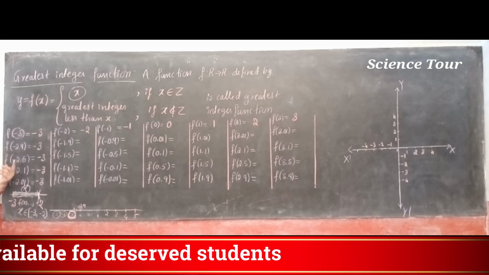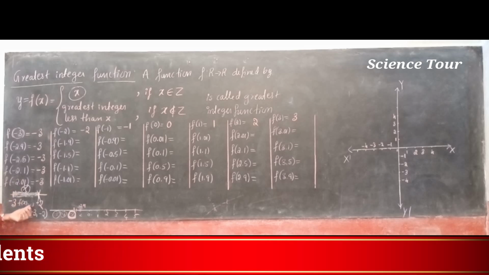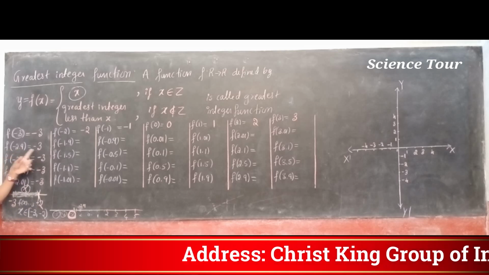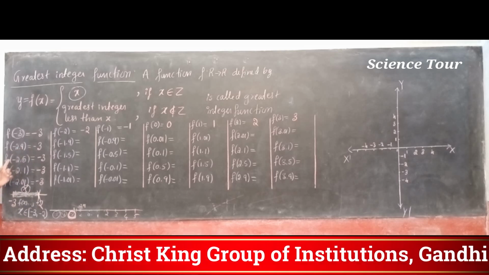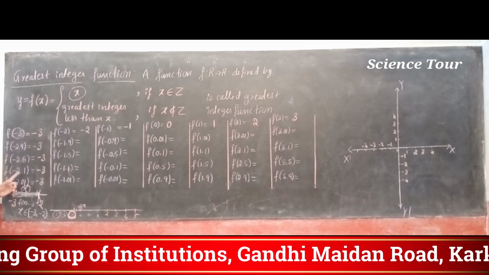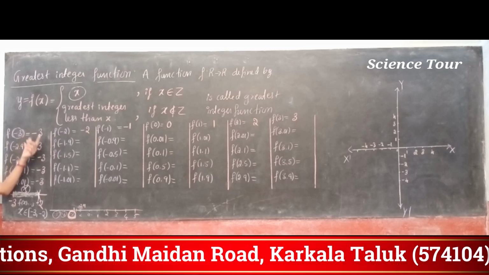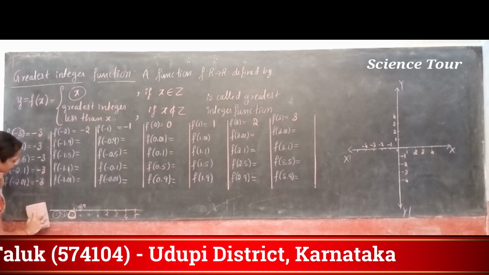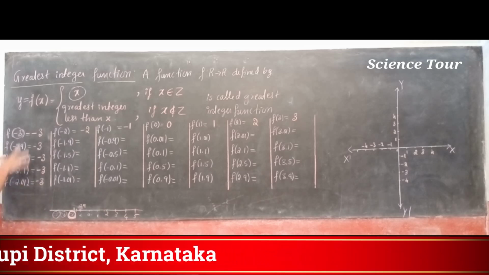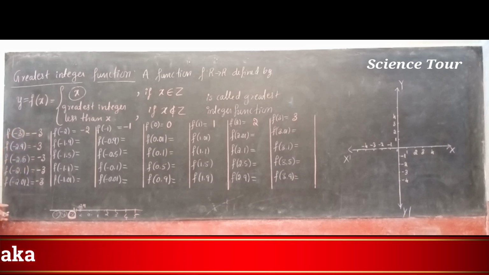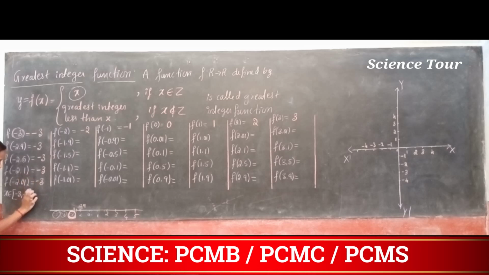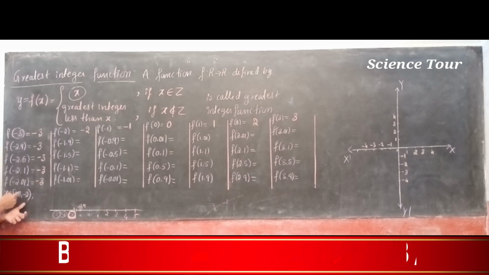Here I showed only some real numbers between minus 3 and minus 2. You can take minus 2.8, for that also minus 3, minus 2.7, minus 2.6, minus 2.4, minus 2.3, minus 2.0001. For all of them the f answer is minus 3. So in short we can write it like this also. If x belongs to the half closed interval minus 3 to minus 2, where the open bracket on the minus 2 side means minus 2 is not in this interval,